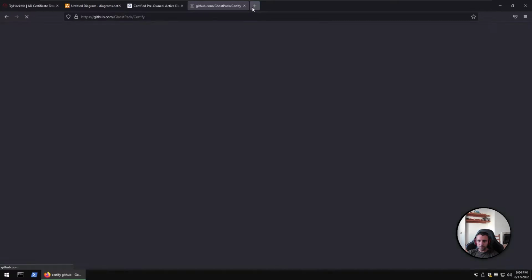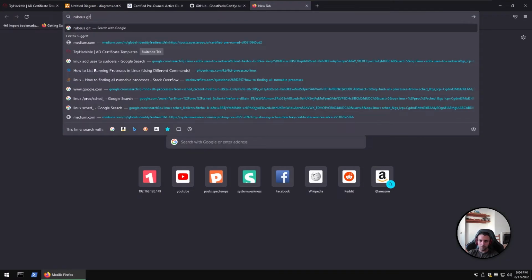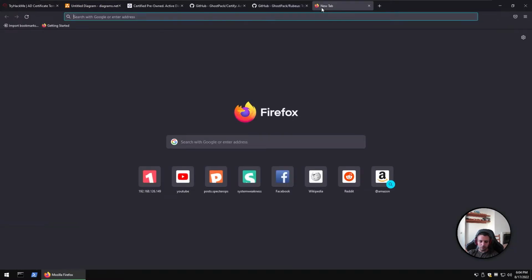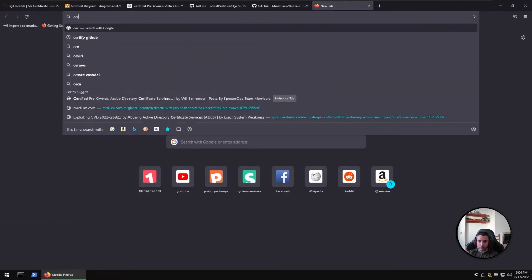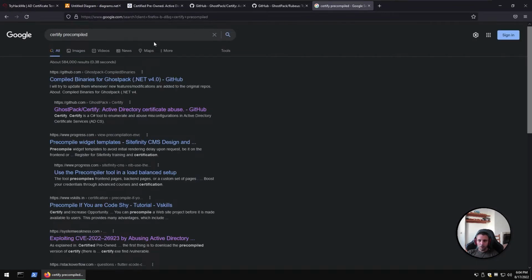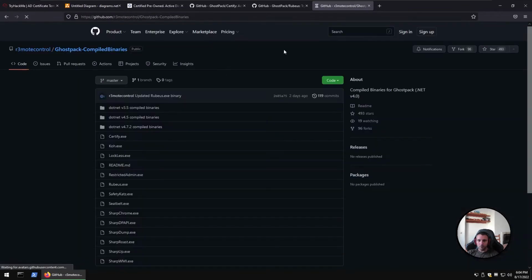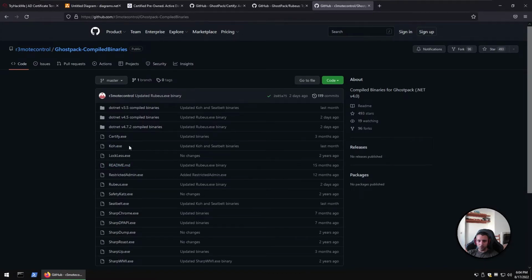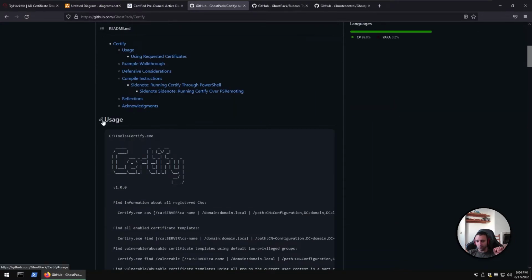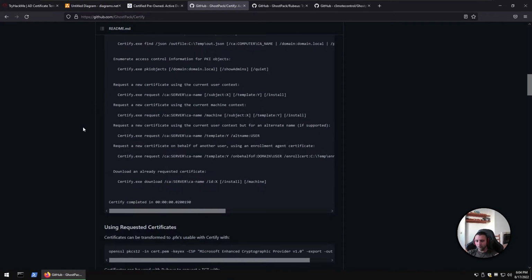There it is. Then we're gonna need Rubeus GitHub. And then we're gonna need, what was it? Certify precompiled, because we don't have time to compile it now. We have precompiled binaries, all the things are here, so we can get it from there. But I want the GitHub repos because they explain one really essential thing, which is how to run that thing using